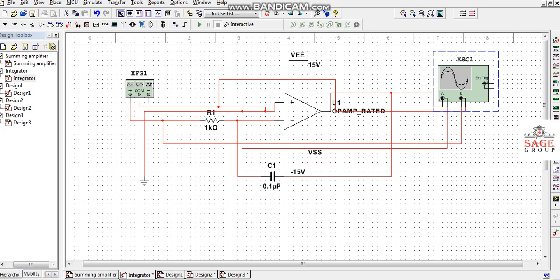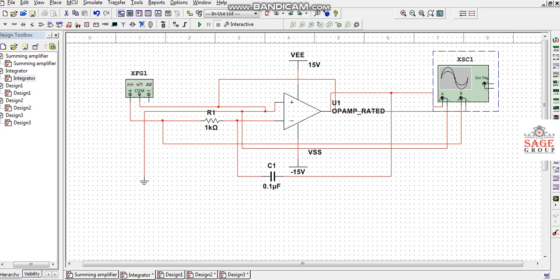In the feedback, I have connected this capacitor having a value of 0.1 microfarad, and a resistor, one end of which is connected to the inverting terminal and the other end to the function generator. Here I am giving the input to the inverting terminal of the operational amplifier, and channel B is provided to show the input waveform.